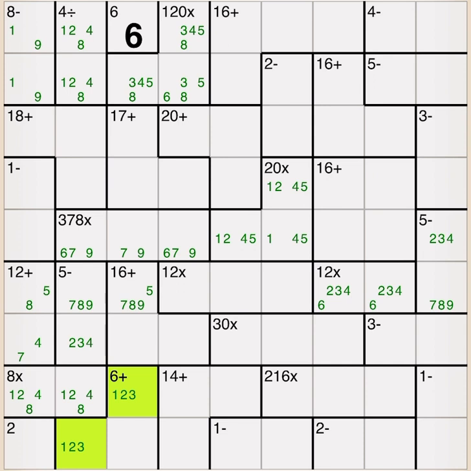Here we've got 1, 2, 3, and 1, 2, 3, 4, with that 6 plus. If we make that a 2, we lose that 4. And in fact, we don't have a 1 there, so we lose that 8. And if we look down, we must have a 1 or 2 there, and we must have 1 or 2 there, obviously, which means no more 1s in that column, so that has to be 3, which makes that a 1